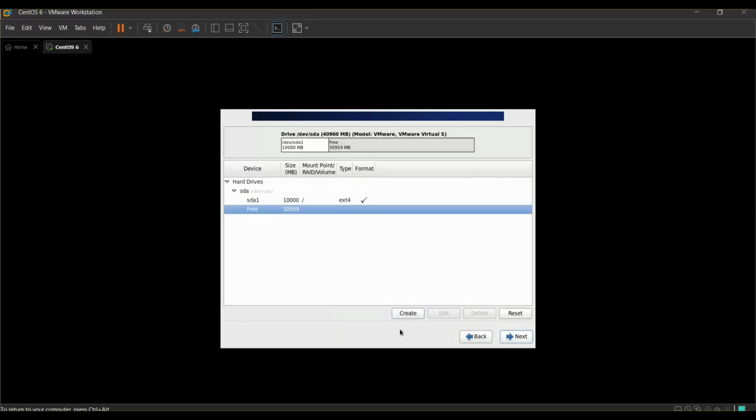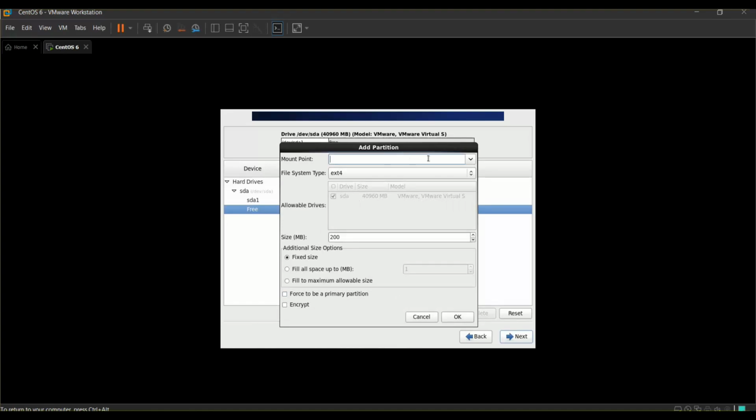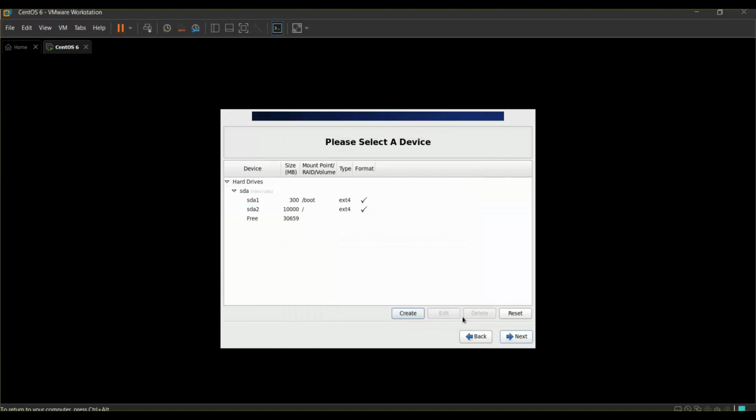Click on free. Create. Standard partition. Create. And now again select slash boot from mount point. Enter the size, 200 to 500 MB space is sufficient. I'm giving 300 here. Okay,